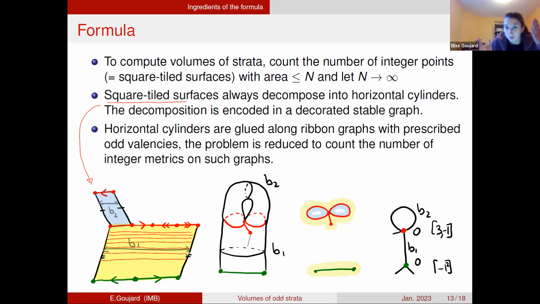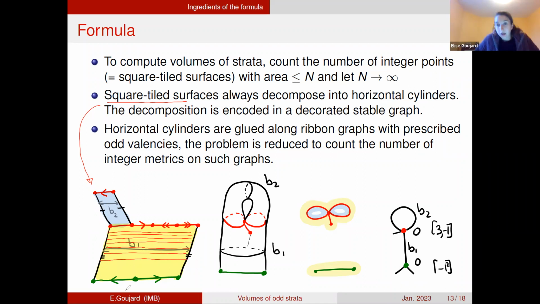And since you get all square tile surfaces, you can always decompose this surface into these bands of squares, if you prefer, that correspond to horizontal cylinders. Okay. So now